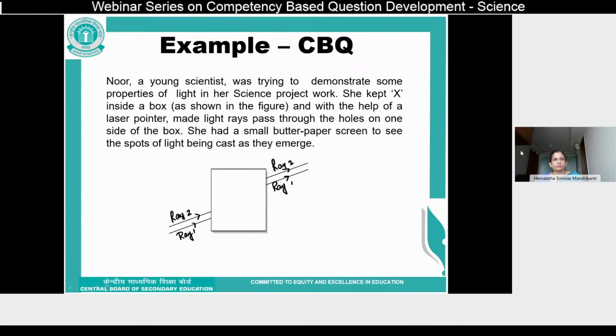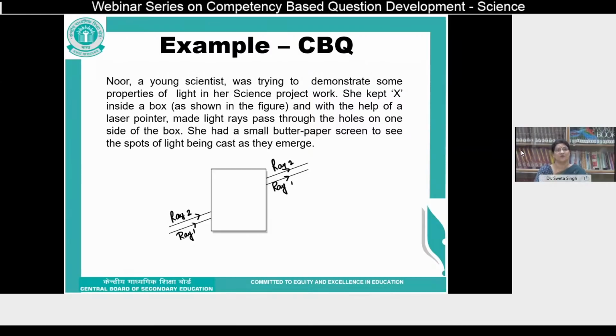I just want to add to what you were saying: when we create case-based questions, the reading load for the question should be limited, as it is going to be an MCQ-based paper. Whatever material we give, if it can be presented as a visual or as some data, it will be more easily accessible to the learner. And whatever input, narrative or material we give as a case should be valid. It should be purposive for the questions which follow. So this is what I want to say.